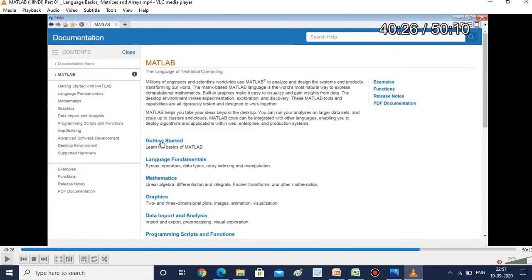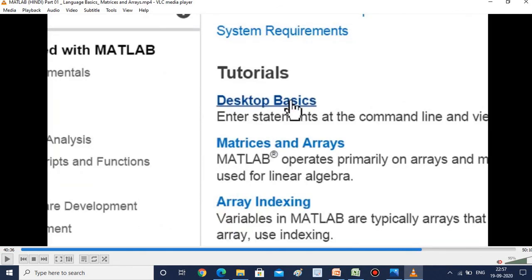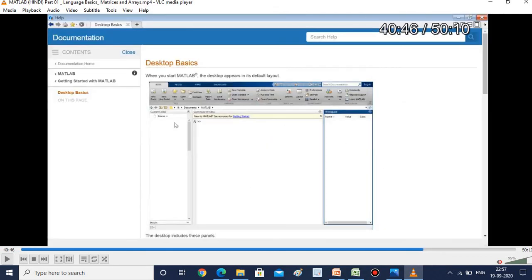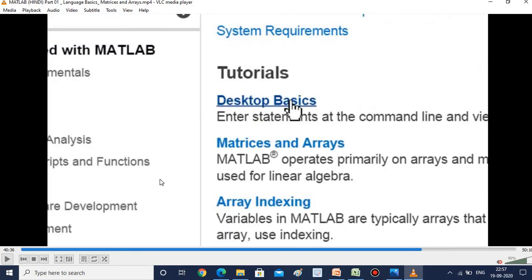Let us see. Go with Getting Started. Desktop basics, and even matrices and arrays, array index, everything will be clear in the help. This kind of help is not available in other languages, only in MATLAB.